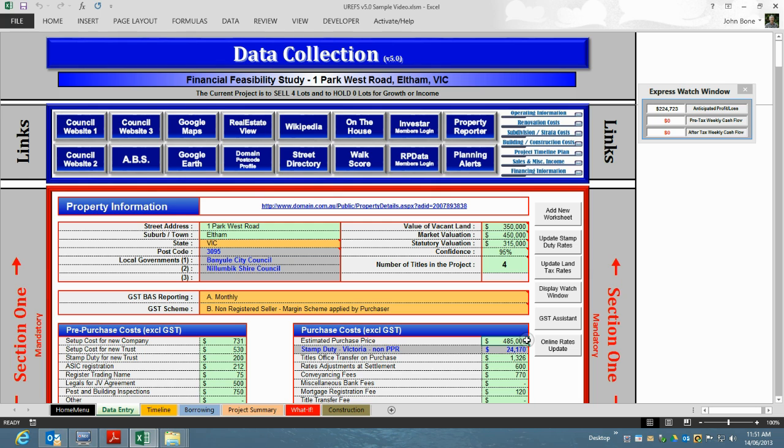For example, when I change the purchase price, as you can see, the watch window immediately displays any impact on the anticipated profit and loss, or any cash flow. This window can be removed at any time by pressing the X,